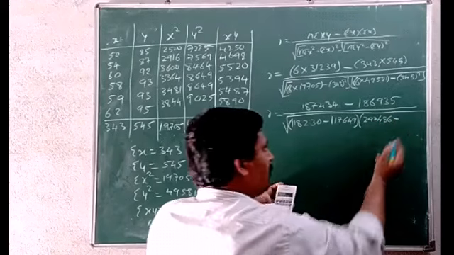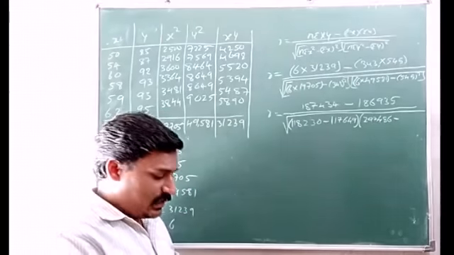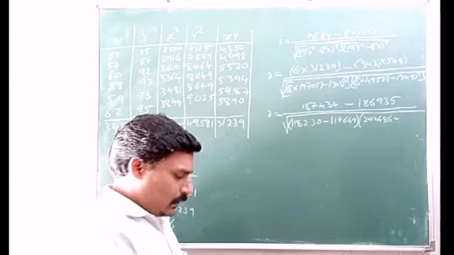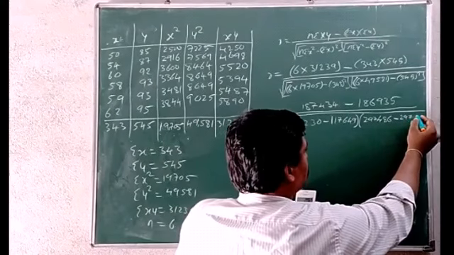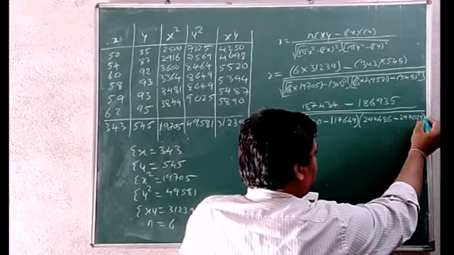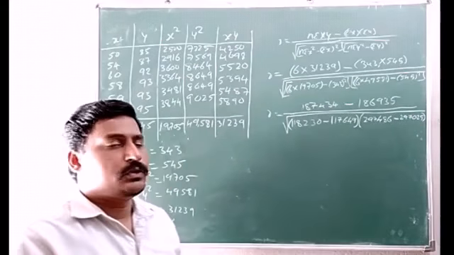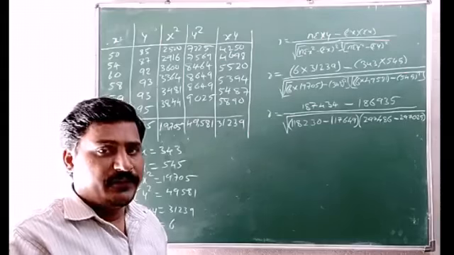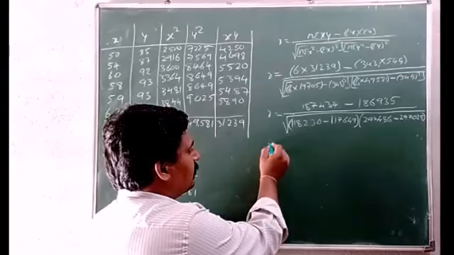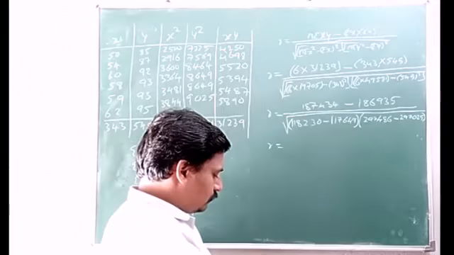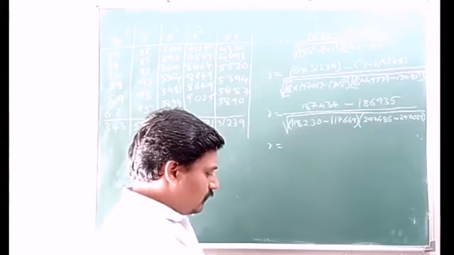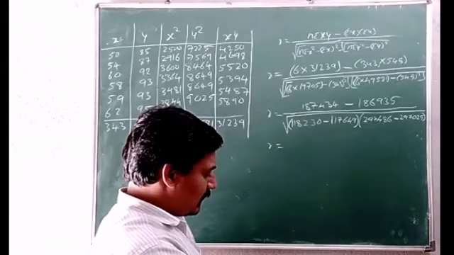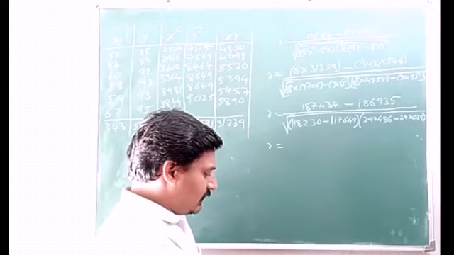2,97,486 minus 545 square, that is 2,97,025. So first let us take the difference here. R is equal to 1,87,434 minus 1,86,935, that is